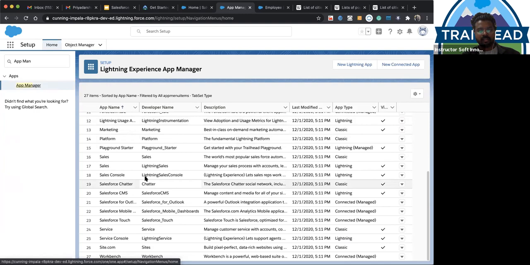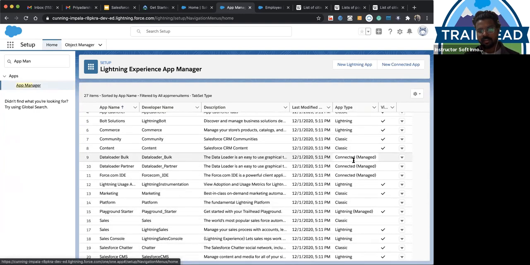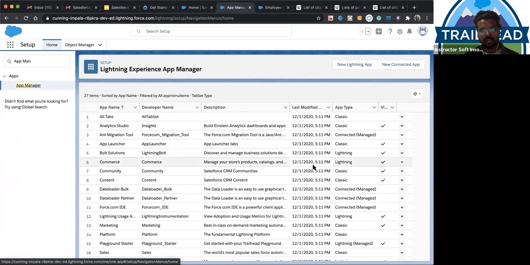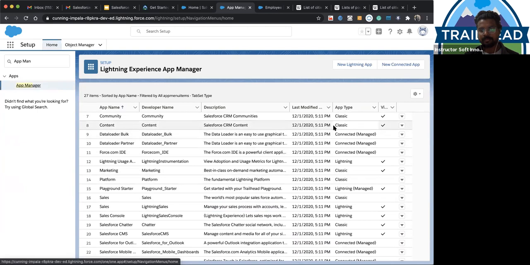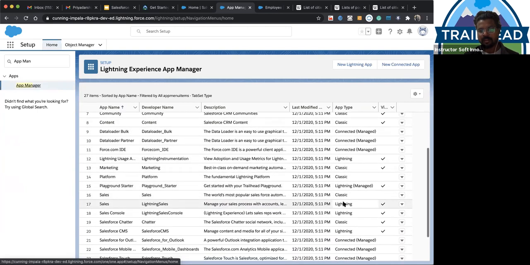All the apps that are created, these are the out-of-box apps that are already present in Salesforce, and in which view it is created. You can also see that it's a connected app, it's a classic app, it's a lightning app.